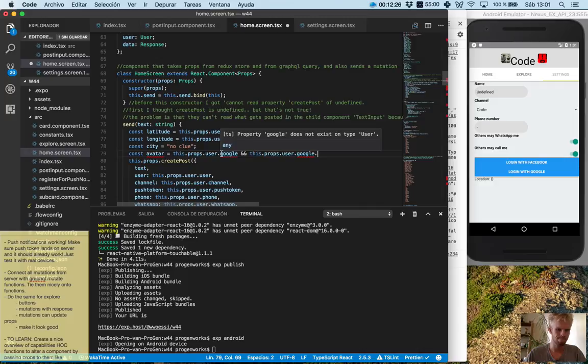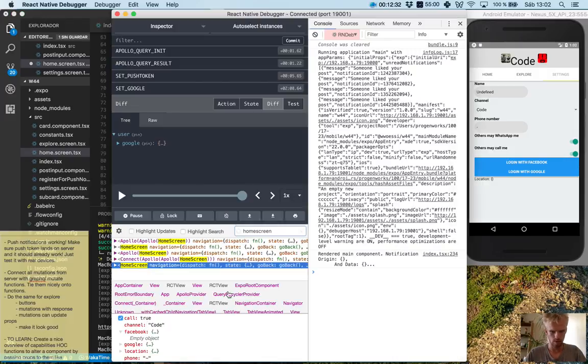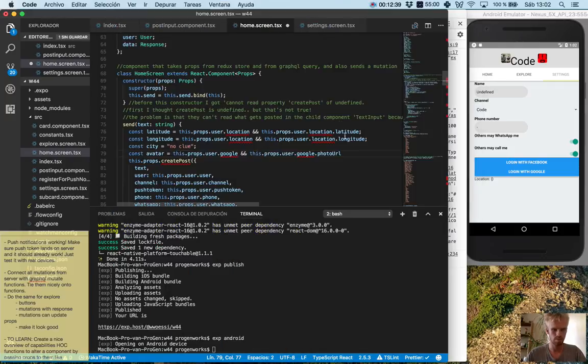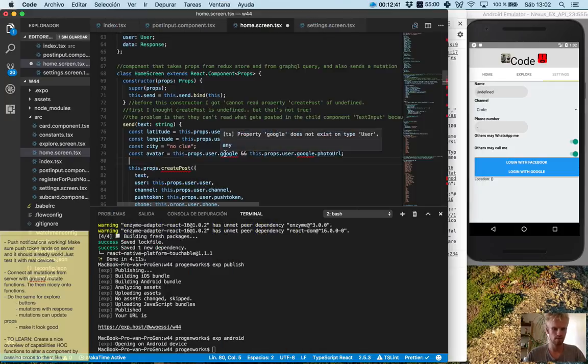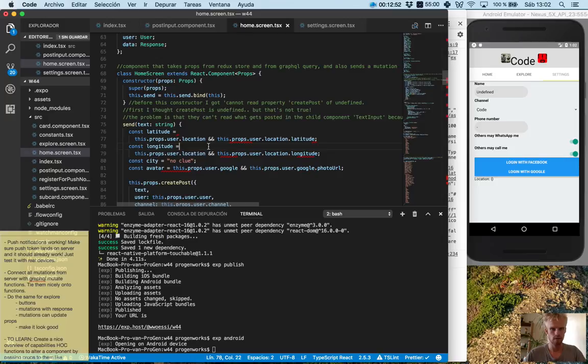It will be inside of Google photo URL if it's an object. If it's not undefined, then it should give us the right thing. So let's see what happens. I won't be surprised if I get errors now,